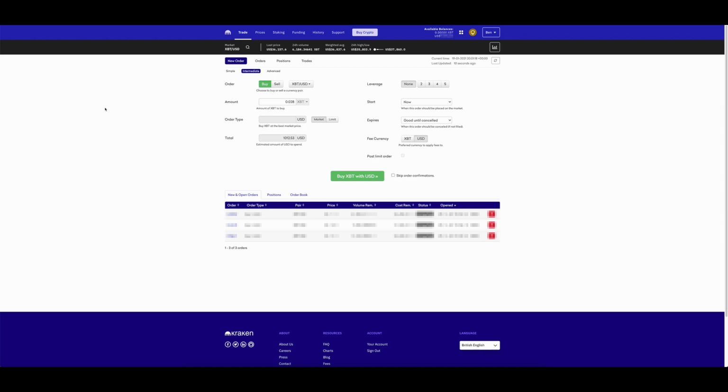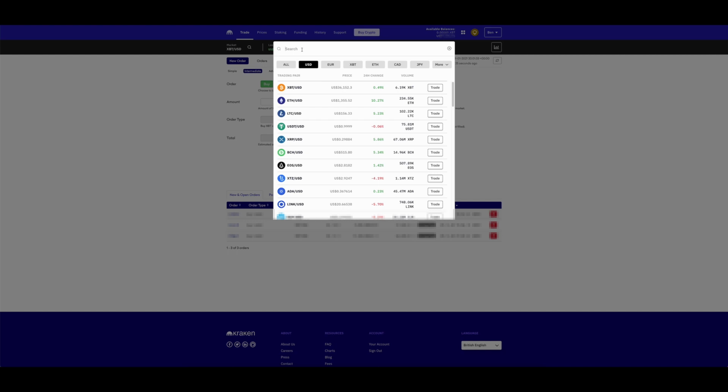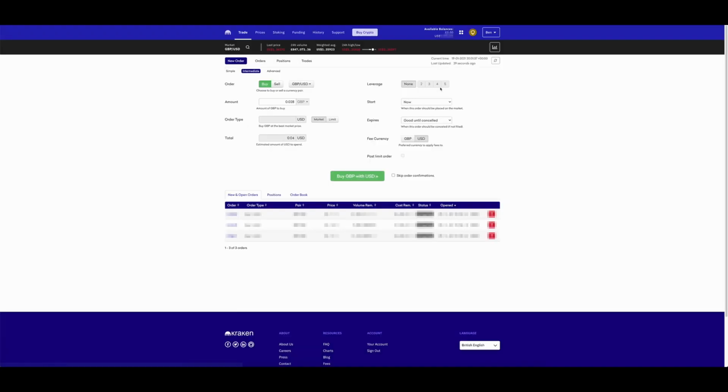So when you approach your home page on Kraken, you want to see these at the top. So click New Order and Intermediate. From there, you'll be presented with a page that looks like this. You want to click in here, type in GBP, and GBP USD will come up. So click Trade. And what you want to make sure that you're doing is you're actually selling your pounds into